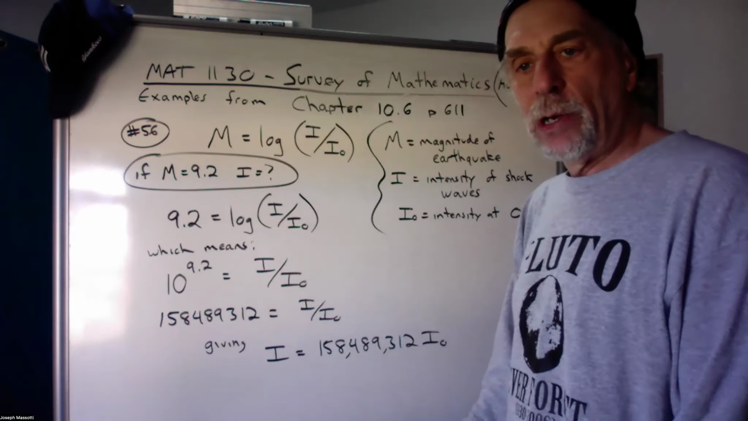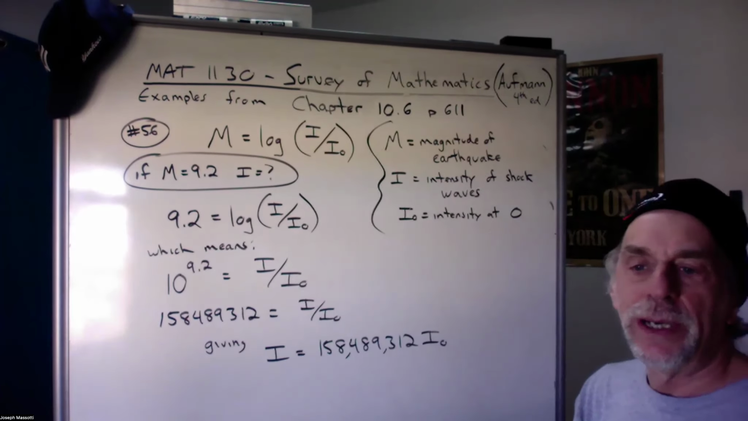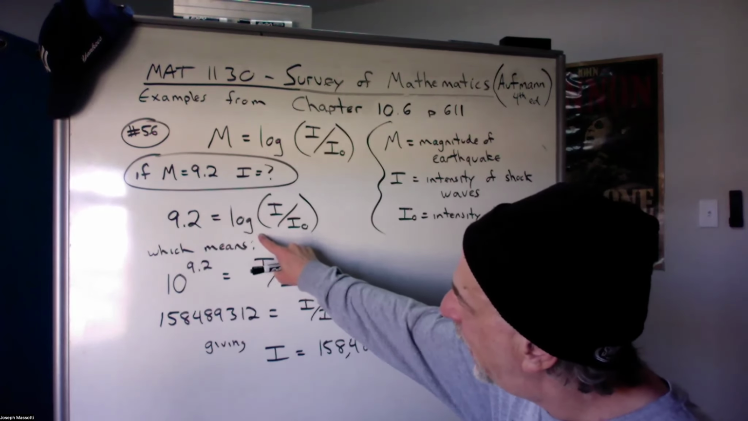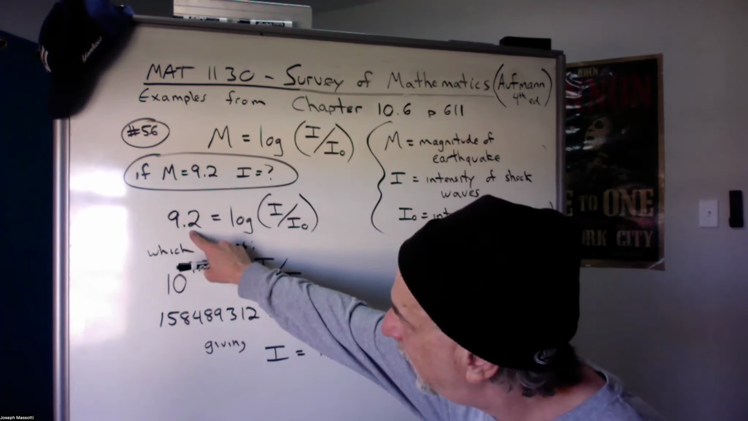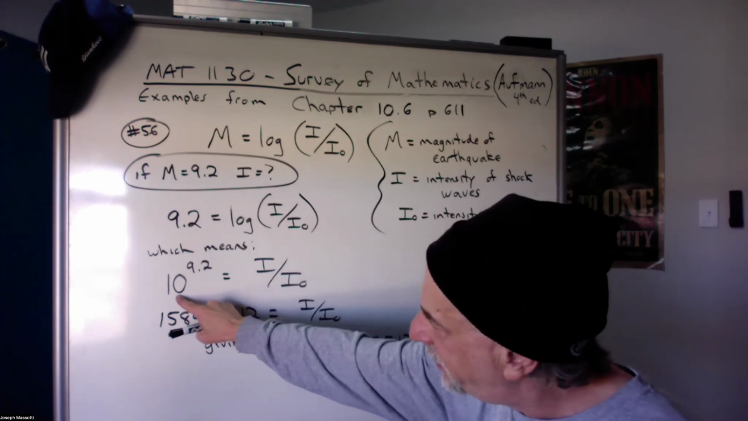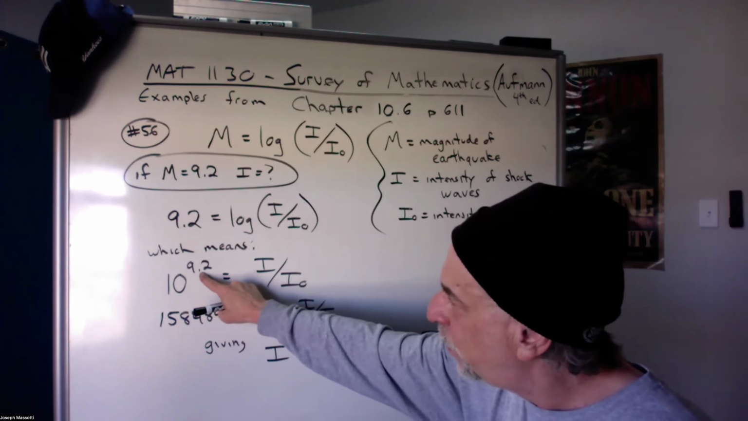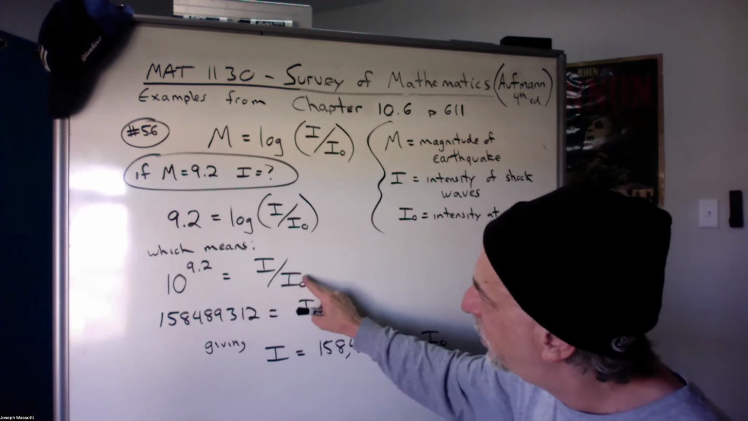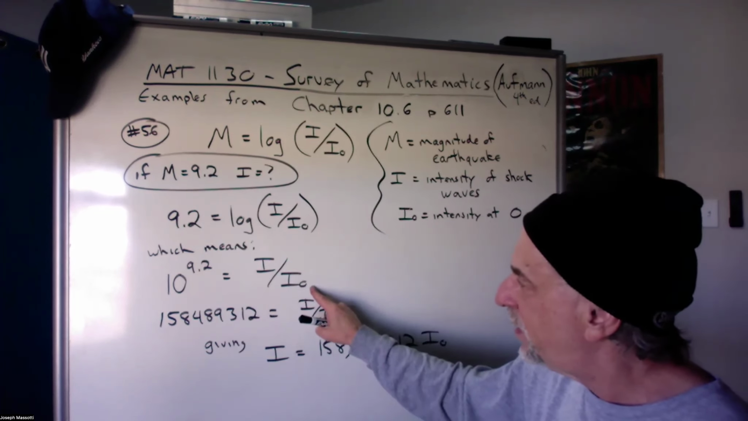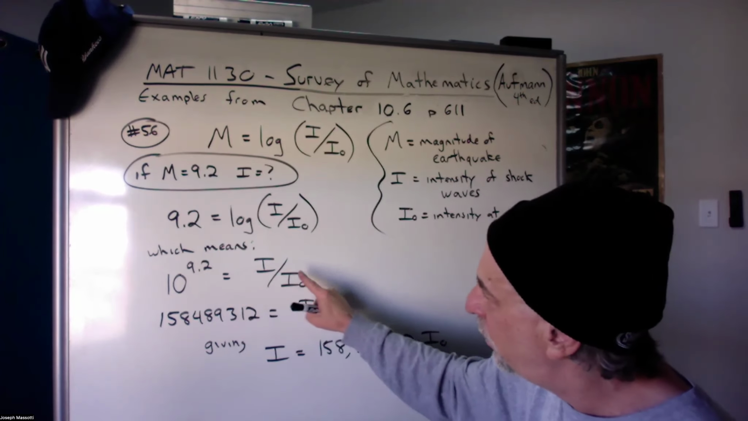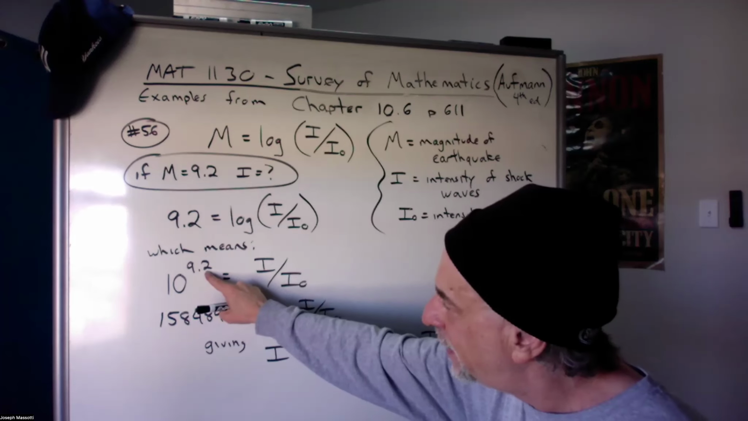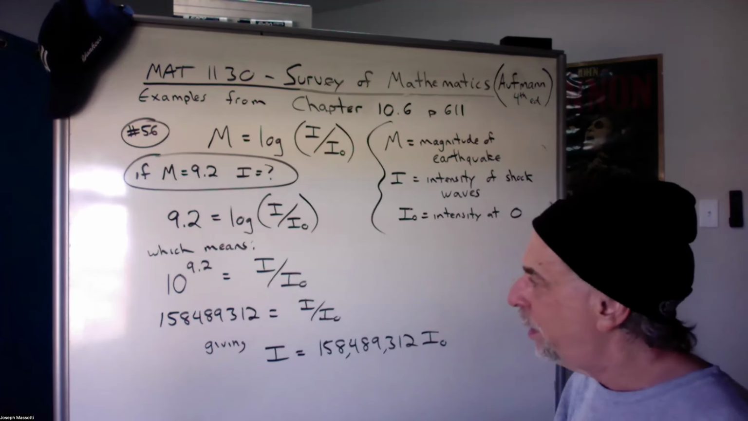So what this means, again, we go back to our relationship between exponential form and logarithmic form. We know that this means a base of 10 raised to this exponent gives this result. A base of 10 raised to that exponent of 9.2 gives this result. Well, we're almost done. All we're doing now is solving for I, again, in terms of I sub 0. So all we're doing is multiplying both sides of this equation by I sub 0. When we put in 10 raised to the 9.2, you're going to get this large number of